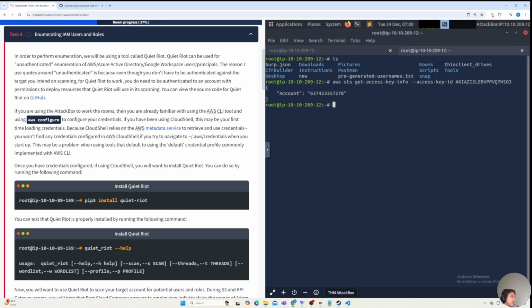If you are using an attack box to work on the room, then you are already familiar with using AWS CLI tools and using AWS Configure to configure your credentials. If you have been using Cloud Shell, this may be your first time loading credentials. Because Cloud Shell relies on the AWS metadata service to retrieve and use credentials, you won't find any credentials configured in AWS Cloud Shell if you try to navigate to this folder